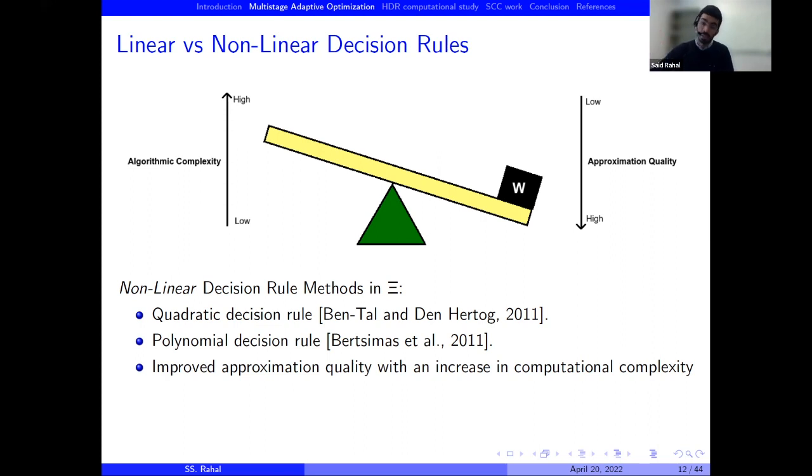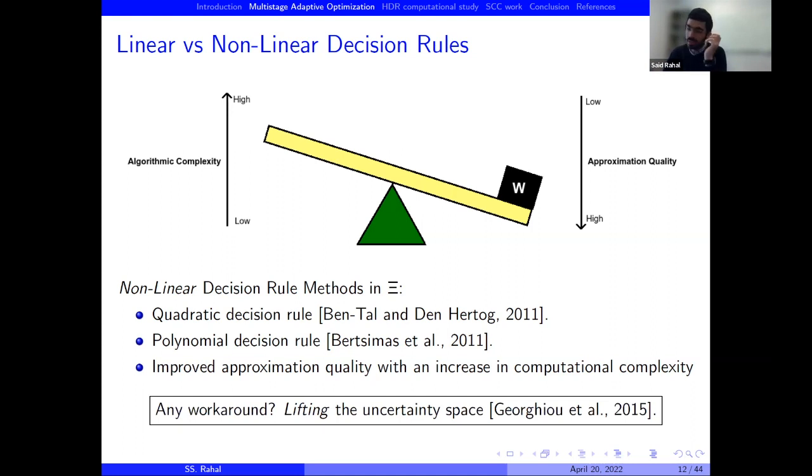Quadratic decision rules and polynomial decision rules will give you second-order, conic and semi-definite counterparts. So the idea is that we're getting better approximation quality, but the cost is also ramping up, so it may not be that favorable for scaling. A good workaround is the idea of lifting the uncertainty space, proposed by Georgio in